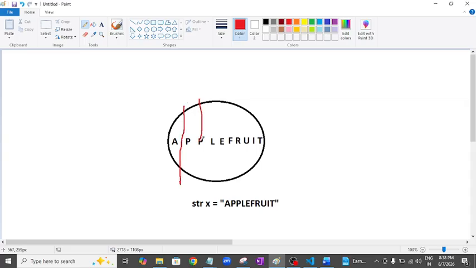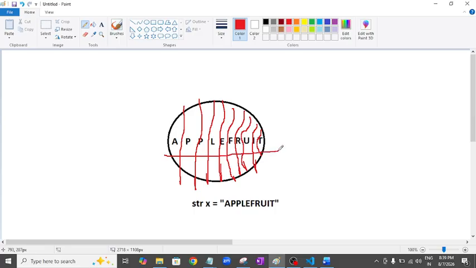One, two, three, four, five, six, seven, eight, and nine. So if you see this all together, there was a single apple that is divided into how many parts? That is divided into nothing but 1, 2, 3, 4, 5, 6, 7, 8, 9 and 10